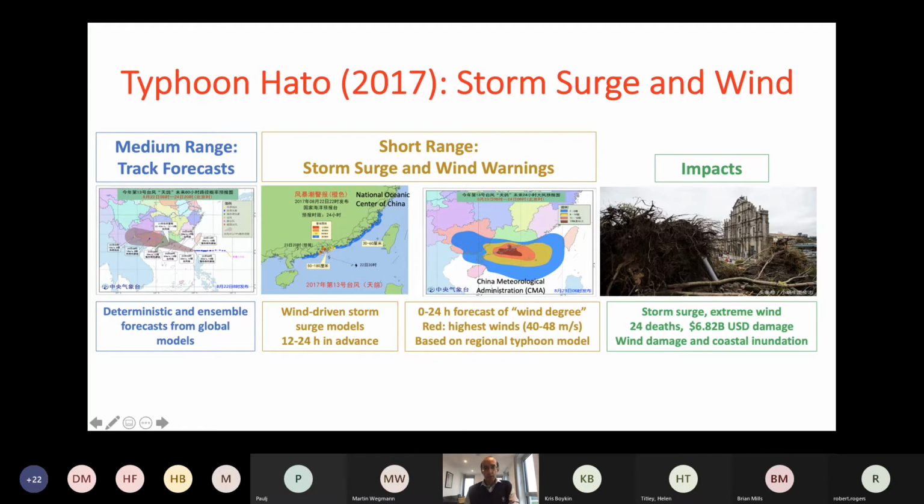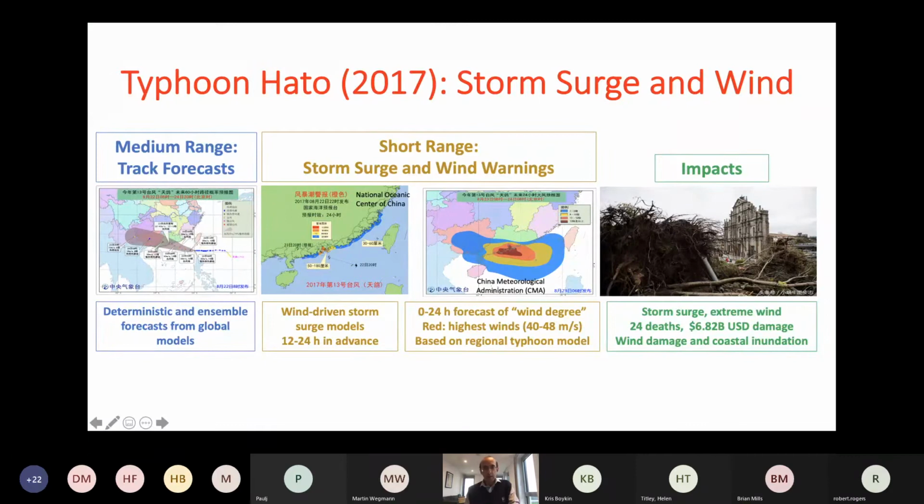Now, moving to the shorter range, there's a lot of emphasis here that many people are working on that now expands beyond the track. So there's a lot of emphasis on intensity, for example, the maximum wind speed in a hurricane. There's coupling to storm surge modeling. In this case, this was run by the National Oceanic Center of China, and these wind-driven storm surge models were run around 12 to 24 hours in advance of the impact.